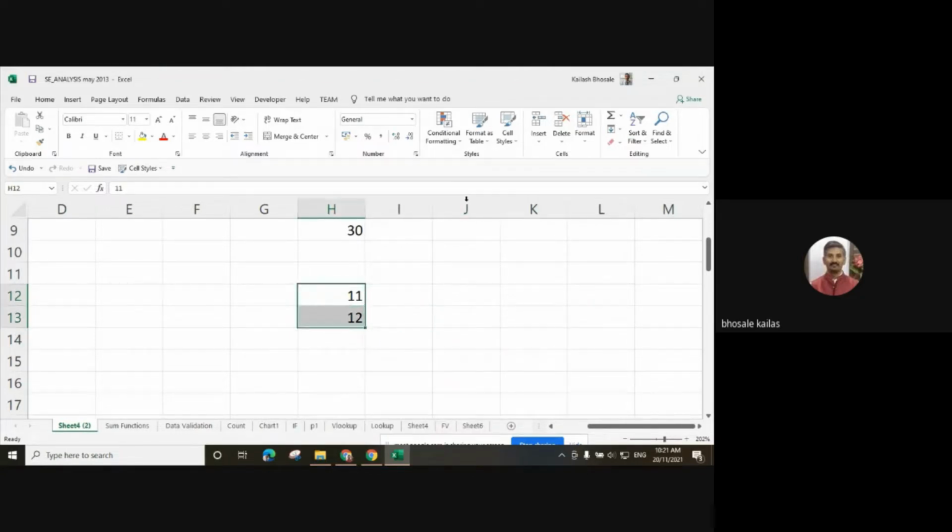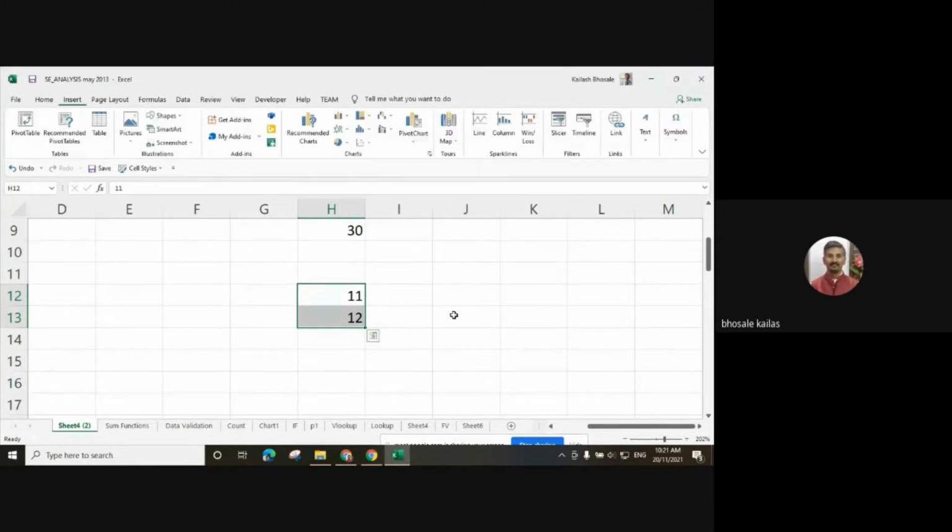Select the two cells, then insert and fill.